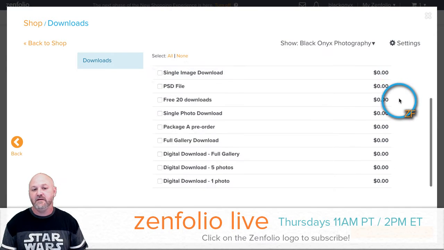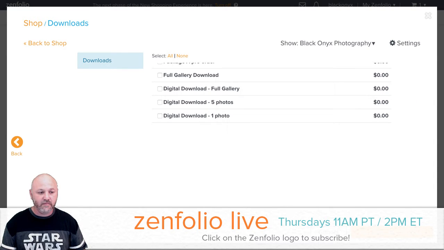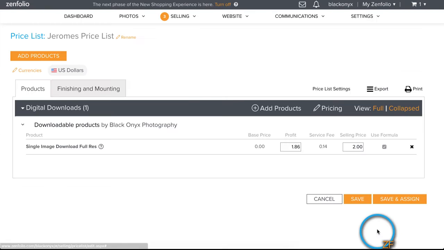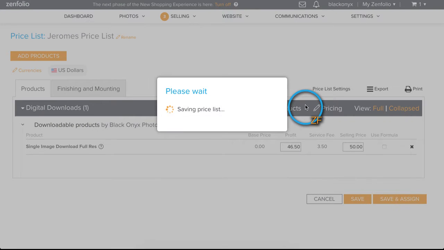We're going to click on that, scroll down to the bottom, and let me get myself out of the way here. So we're going to scroll down to the bottom, and then what I'm going to do is click on Add Selected Product right here. That's going to add that product to the price list, and then from here I can go ahead and set up and give us a selling price. So I'm just going to say this is the full resolution single file download. So for this I'm just going to say $50,